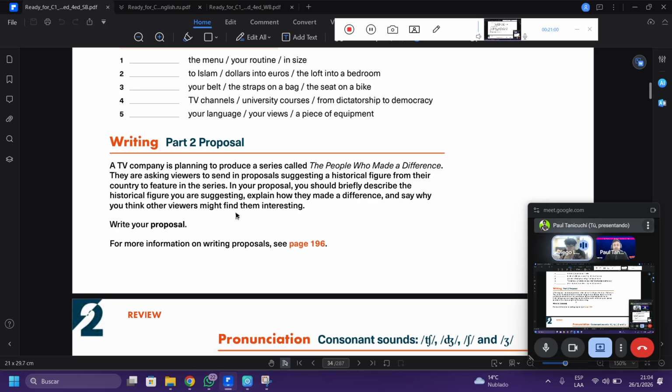Whoever I think had a big impact on society. Hitler, for example, maybe. It is not in a good way, but it is a big impact. You will be able to write so many details about this because there is a lot of things to write about regarding Hitler, for example.